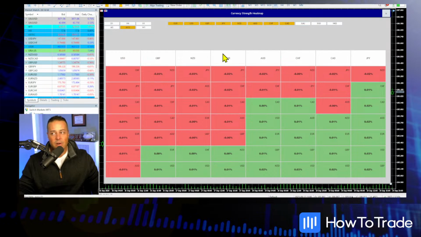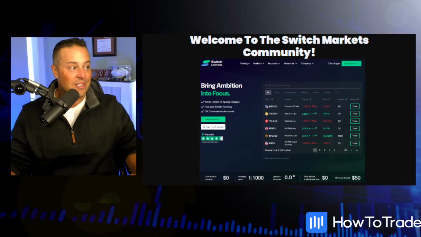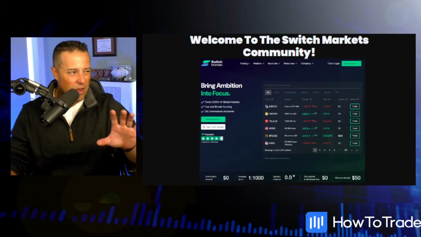Interesting stuff, guys. Currency strength heat map. If you're a beginning trader, that may be a great thing that you can use. And if you're a veteran trader, to be honest with you, it's not something that I've used a tremendous amount, but it's not bad. It's interesting. Since I made the video, I sort of have one up now, taking a look at it.